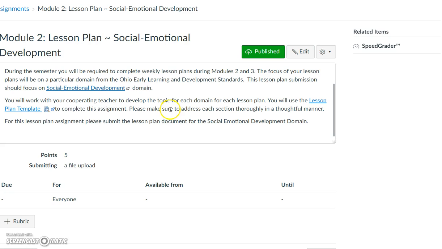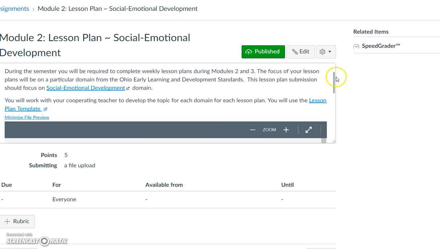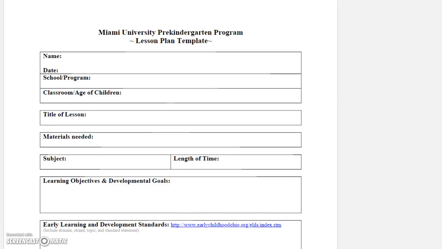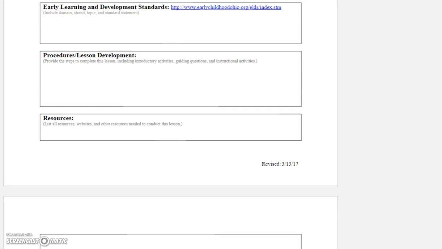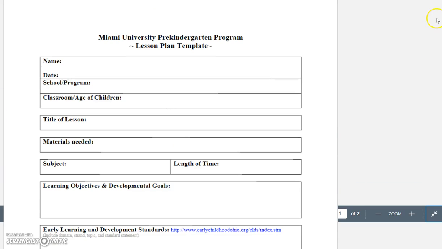So if we go down here farther, we'll go here. And then we'll make this bigger. So this will be your example of your lesson plan template. So this, you'll be required to do all of your lesson plans on this template. However, I want to caution you, if your center has a different template for their lesson plans, you must do that one. So this is the lesson plan you're turning into your supervisor to be graded and to be looked at and to work with you and your supervisor.